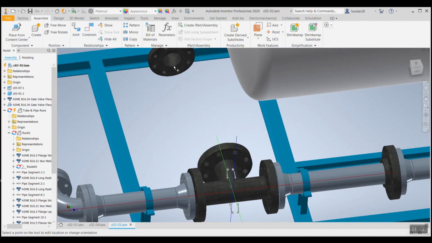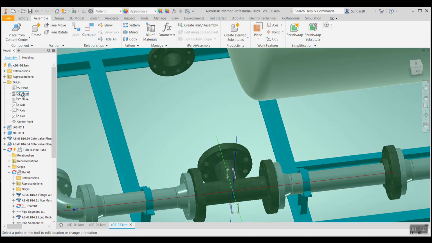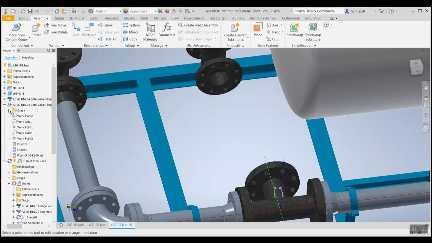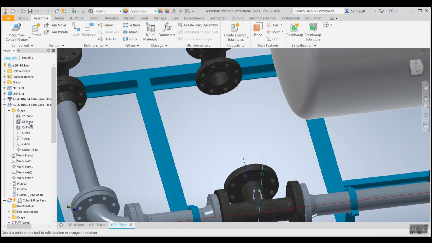So to align with this, just right click, say point snap, and go and check for the origin plane of, so this is a gate valve. We'll go and check for the origin over here. Yeah, and click this point, and you can see it has automatically changed its position.